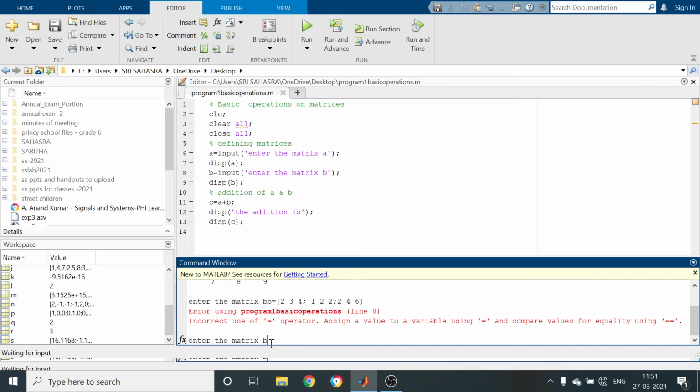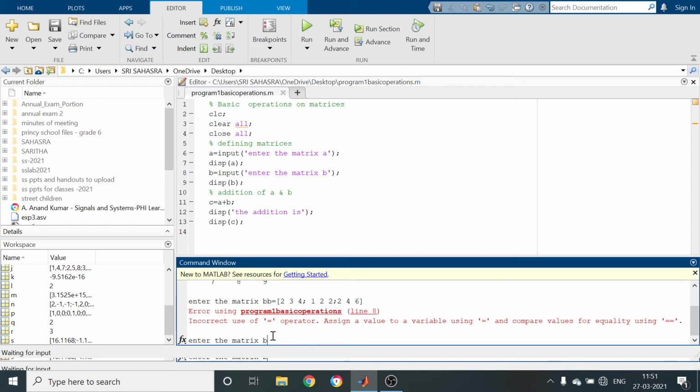So the data entered here has a mistake in the command window; there is no mistake in the editor window. So in what way you have to give it? After B, don't use the equal to symbol here. The use of the equal to operator is wrong.